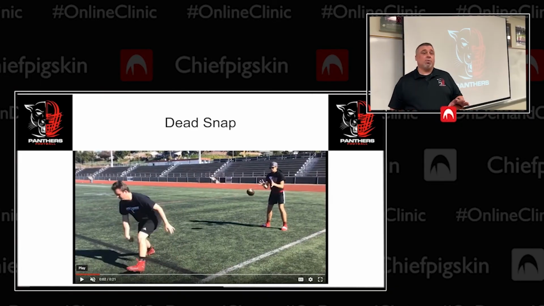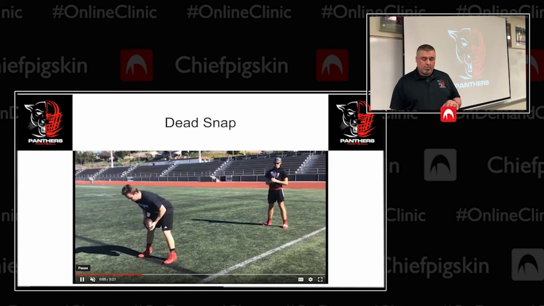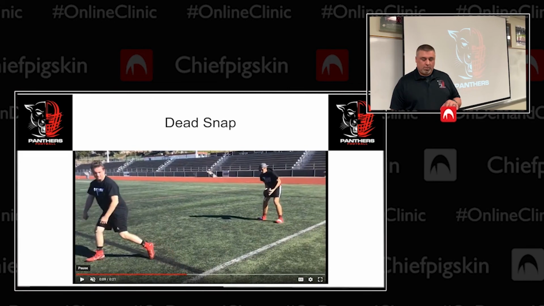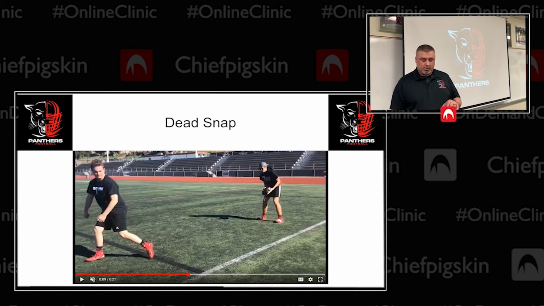And this is what kills the rotation. This is what we're looking for. We're the dead ball snap. We're looking for a knuckleball snap. So looking at the profile shot of this,